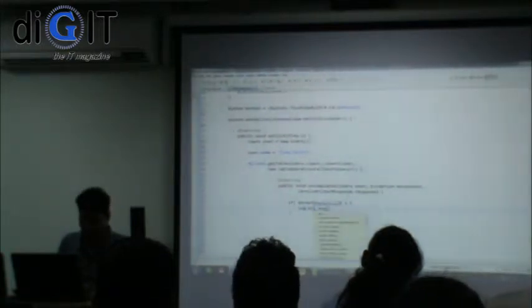So I'm just going to quickly show you. If the exception is not null, then something bad happened. So I'm going to say log dot, I'm just going to log it. I'm not going to do anything fancy.